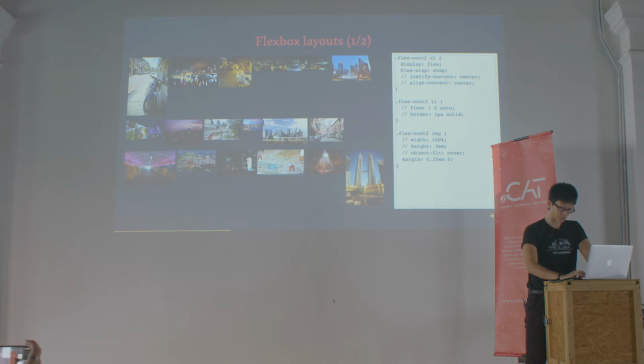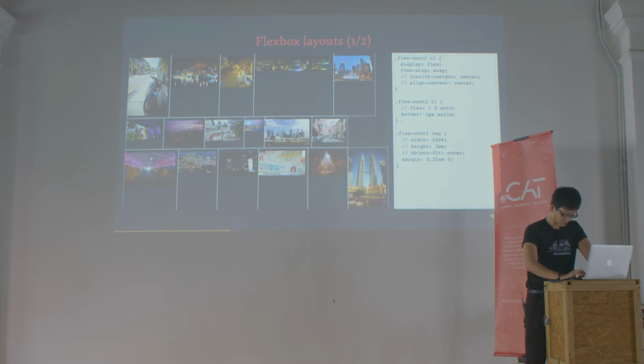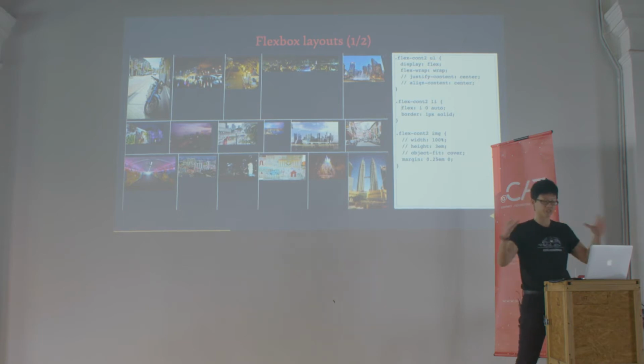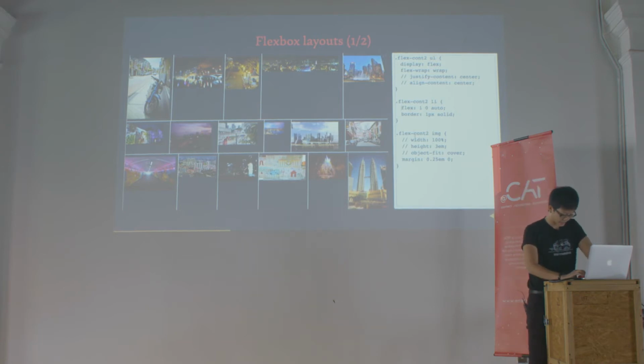I'm going to turn on the border here so that we can see what's going on with the flex children when I play around with the alignment later. So now instead of the initial behavior of can shrink but cannot grow, we're going to flip it around. I'm going to set it to 1, 0, auto. And then you can see all the flex children sort of expand to take up the width of the entire container. That's fine. And let's also make the width of the children the width of the container.